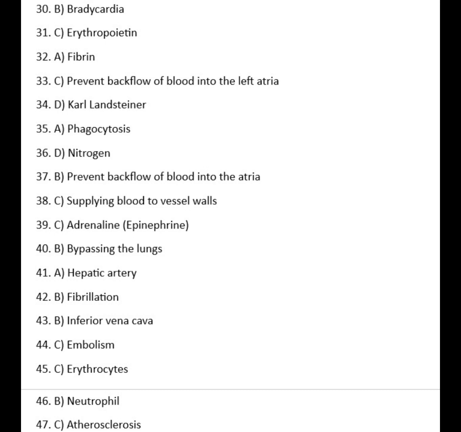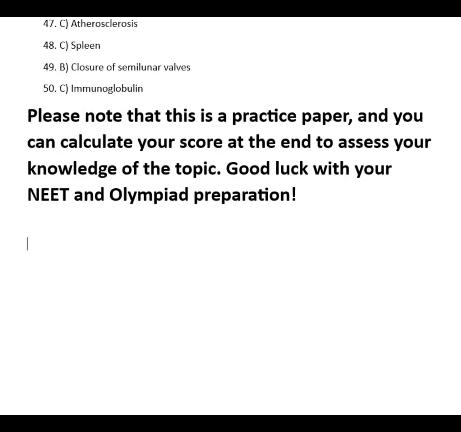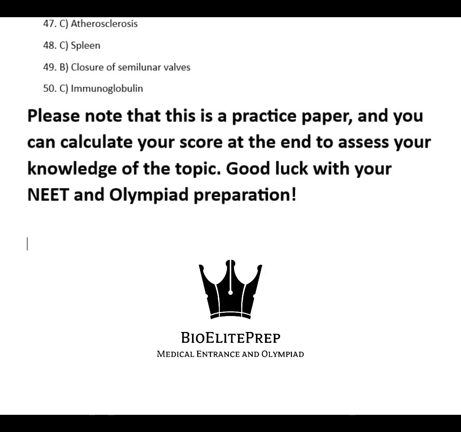41. A. Hepatic artery. 42. B. Fibrillation. 43. B. Inferior vena cava. 44. C. Embolism. 45. C. Erythrocytes. 46. B. Neutrophil. 47. C. Atherosclerosis. 48. C. Spleen. 49. B. Closure of semilunar valves. 50. C. Immunoglobulin. Please note that this is a practice paper, and you can calculate your score at the end